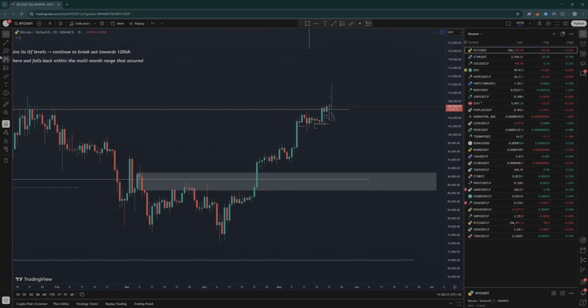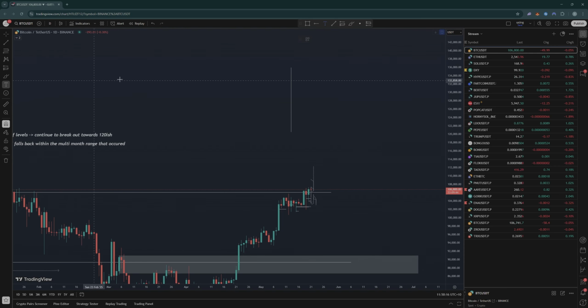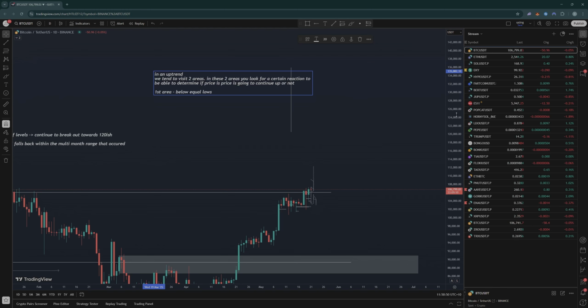Now, in an uptrend, we tend to visit two areas. In these two areas, you look for a certain reaction to be able to determine if price is going to continue up or not. First area, below equal lows, area of liquidity. Second area,